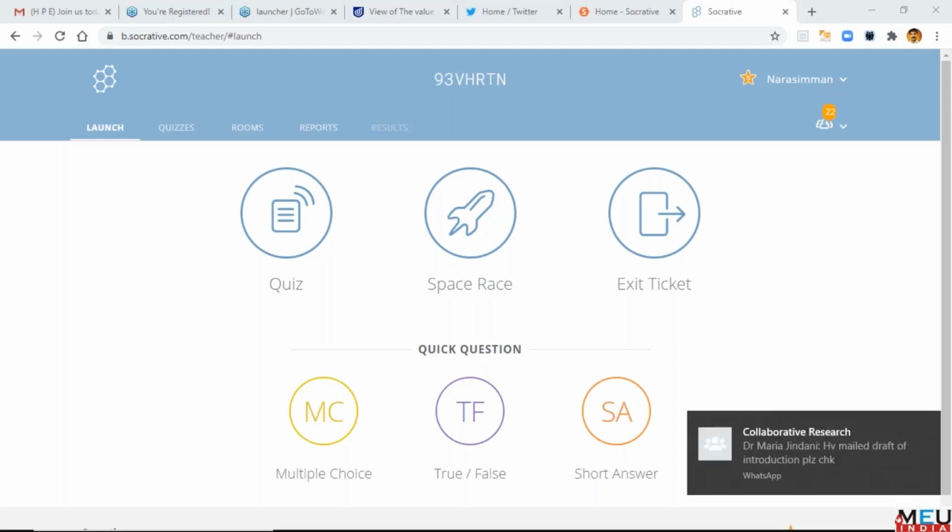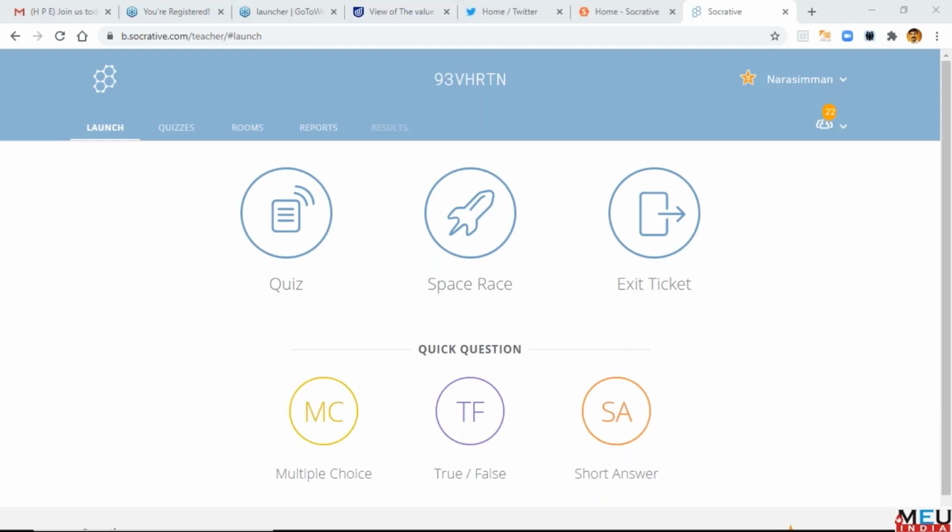Yeah, you can have more than one room. If you have a premium version, you can have more than one room. We will be demonstrating all these things. Okay, so now I'll take you to the next session of today. This is the space race. What you are asking about space race, that's another option. Is it that after logging in as a teacher, the room number will come automatically? Yeah, once you create your room, it will come automatically.